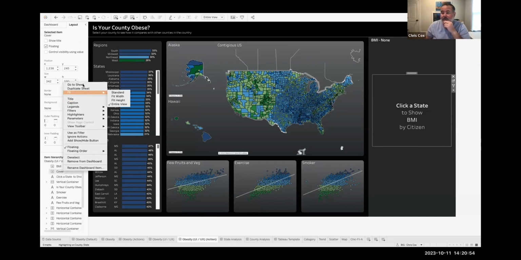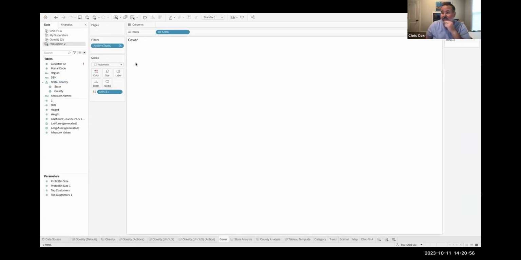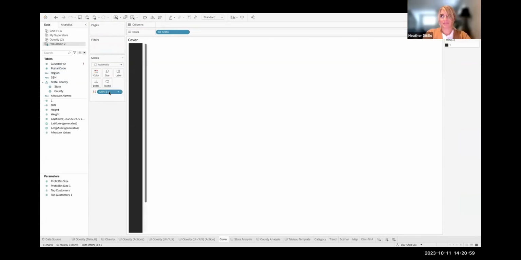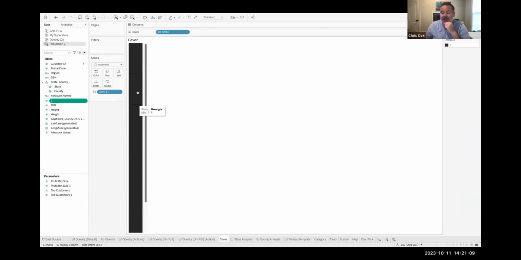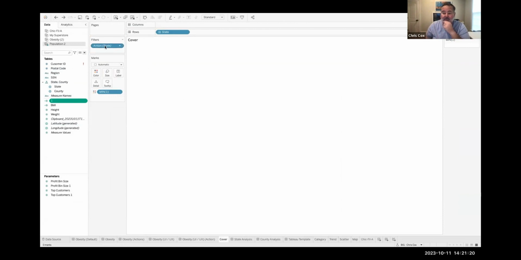If I go to this sheet, this sheet is literally just a cover. It is a one. I just wrote a really tough calculation called one, and I just have that in as a dimension so that I can assign it a color. So all this sheet is just a black square, right? And then when I pass in the state action on the exclude, it's going to take away all my squares, or it's going to show one, right?